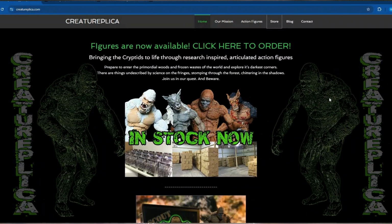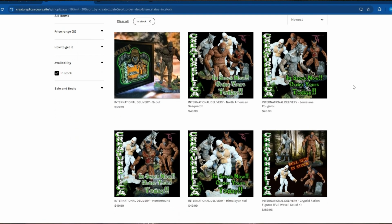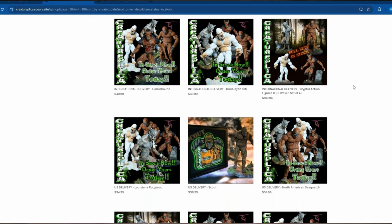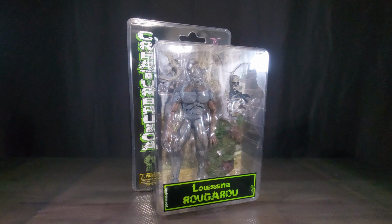It turns out they are still selling these on the website. They are still in stock. They still have the Rougarou, the Horror Hound, the Yeti, the Sasquatch, the second version of the Sasquatch, the Scout. They have where you can buy all four. They have international shipping. I was like, okay, I'll purchase this from here and see what happens, because sometimes websites